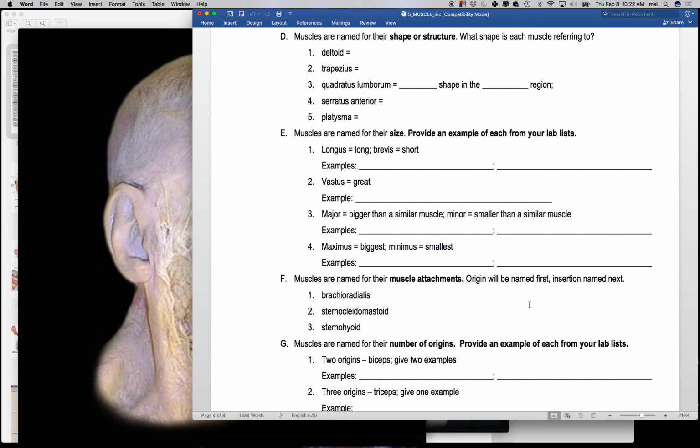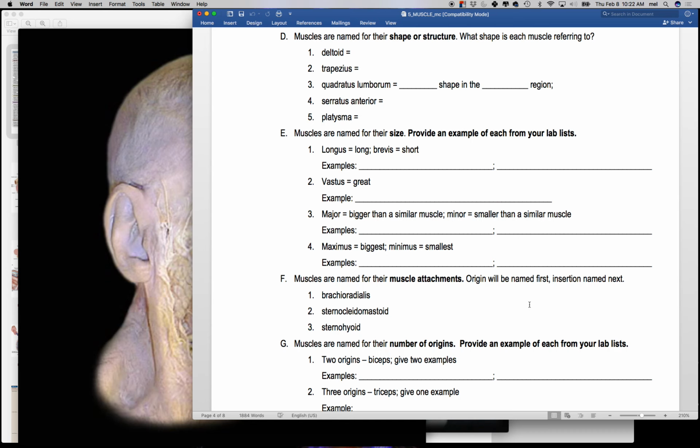Serratus anterior. Serratus is telling you something. What's it telling you? It's got a serrated edge. Have you ever seen somebody who's in amazing shape and you can see the ridges right down here? That's the serratus anterior. It goes all the way from the backside up to here. And it kind of comes into contact with your abdominal muscle. It's not part of your abdominal muscle. Okay, platysma. Anybody know what plat means? As in duck-billed platypus? Flat, exactly. You've got a big flat muscle right here called the platysma. It allows you to do